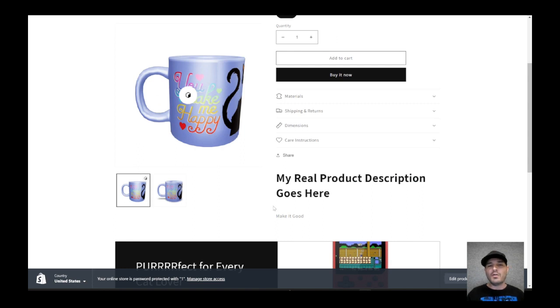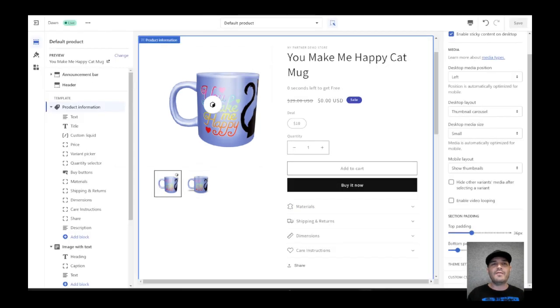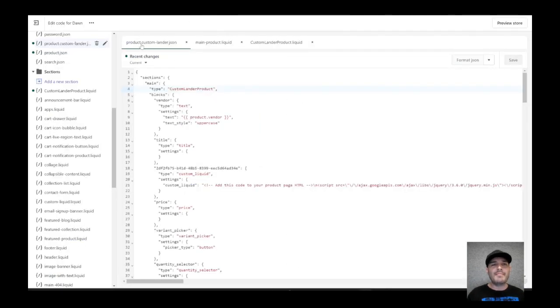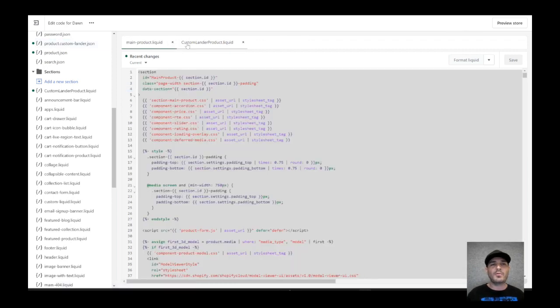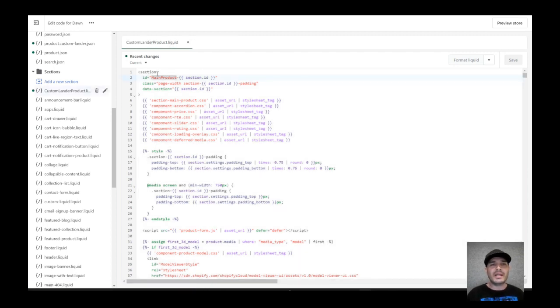But what we wanted to do was get our product description and move it down here. So we're going to close out our product custom landing. We don't need that anymore. We don't want stuff open that we don't need because it'll confuse us. We don't need our main product liquid anymore, so we're going to close that out as well. And then there's this custom landing